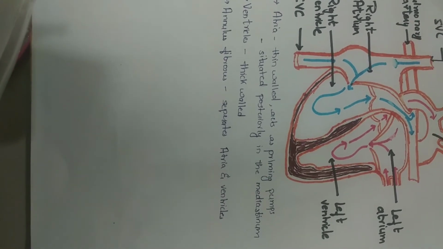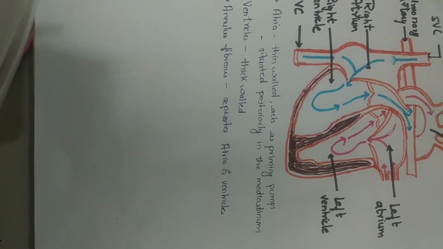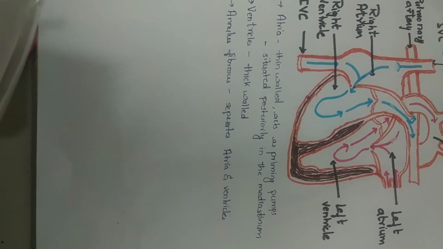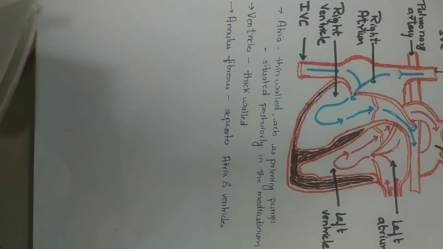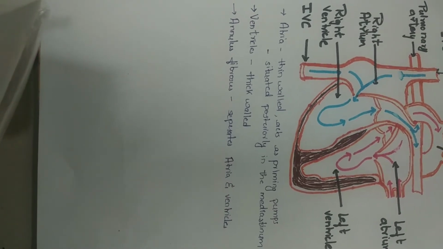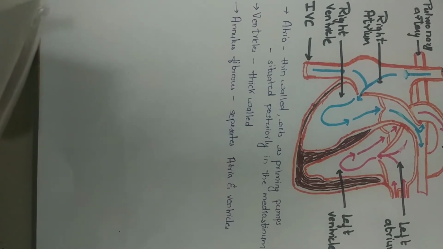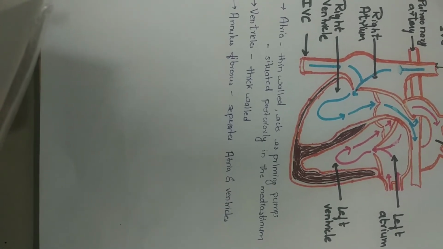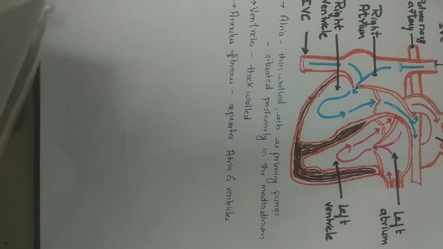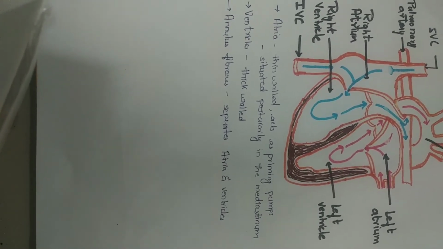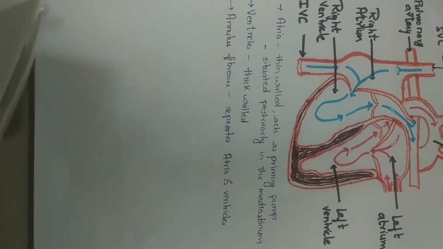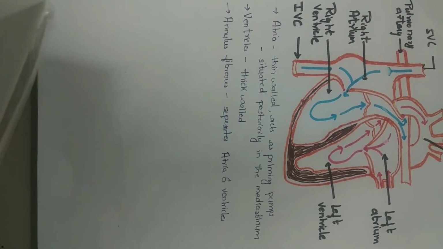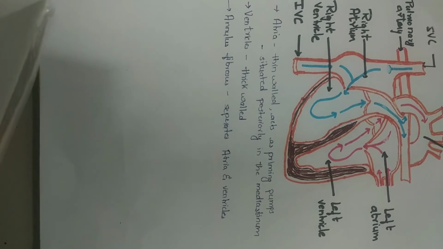The atria are situated posteriorly within the mediastinum, whereas the ventricles are thick-walled structures, and the reason for the thick wall is the higher pressure that is needed to pump the blood in the complete body and the lungs. And they are adapted to circulating the blood through large vascular beds under pressure.